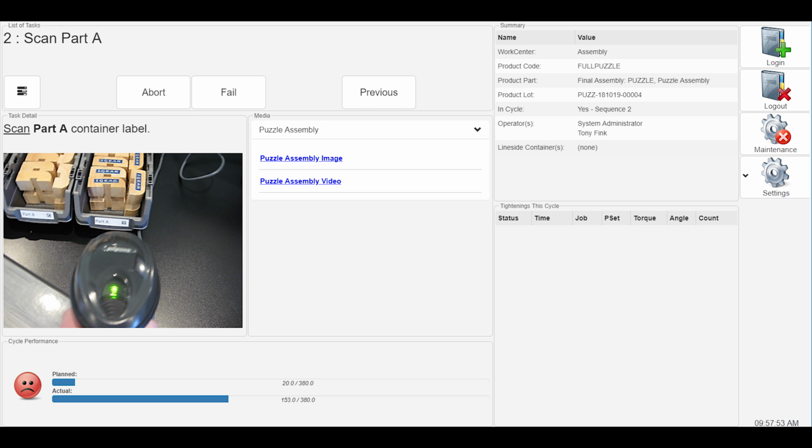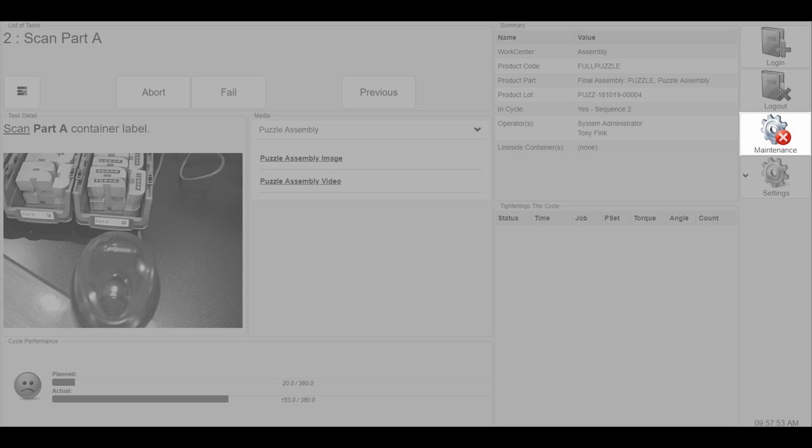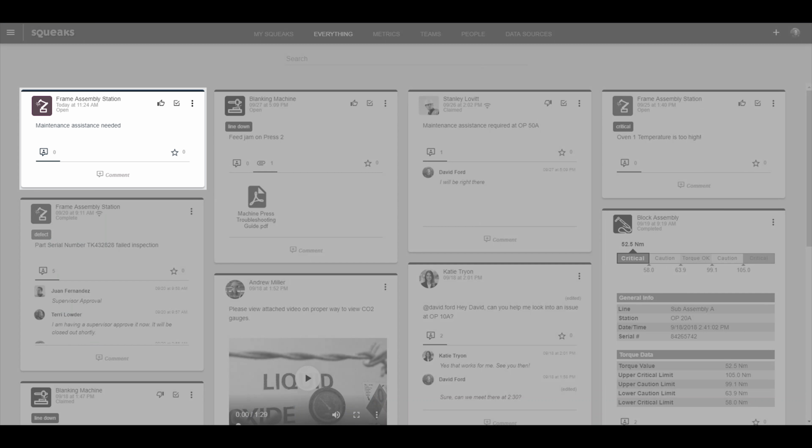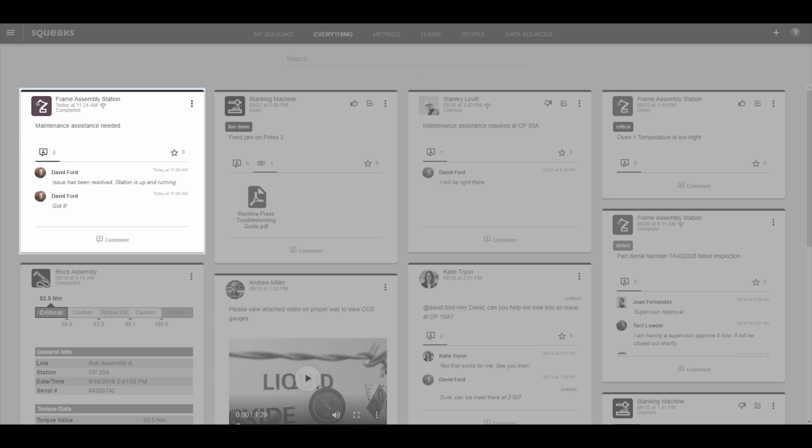Here we have a maintenance button on an operator interface. Previously, this button would only turn on a red light. Slightly modifying the functionality of the button, we have programmed it to send a message to Squeaks through the Squeaks API that maintenance assistance is needed at the station. This message is then broadcast to the maintenance team, and Squeaks can handle the communication channels until the issue is